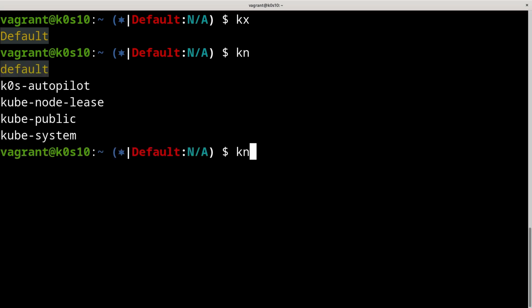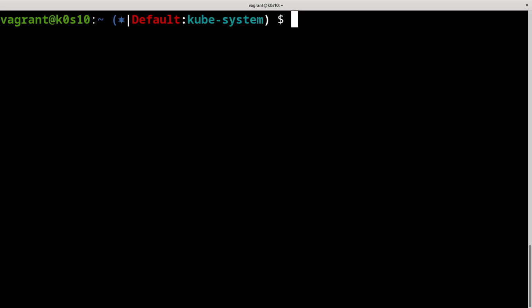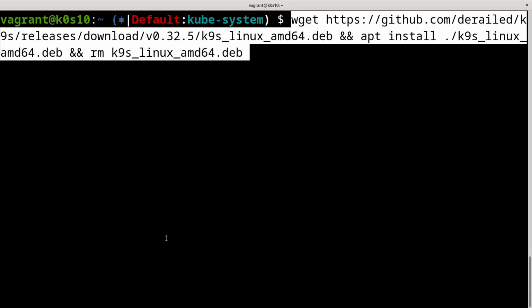We are in the default namespace, but you can switch to the kube-system namespace, for example, like here. And when we switch, we can see that we have default for the context and kube-system for the namespace. This is really, really useful to not break anything in your production, for example. And in the final step, I invite you to discover the K9s tool.